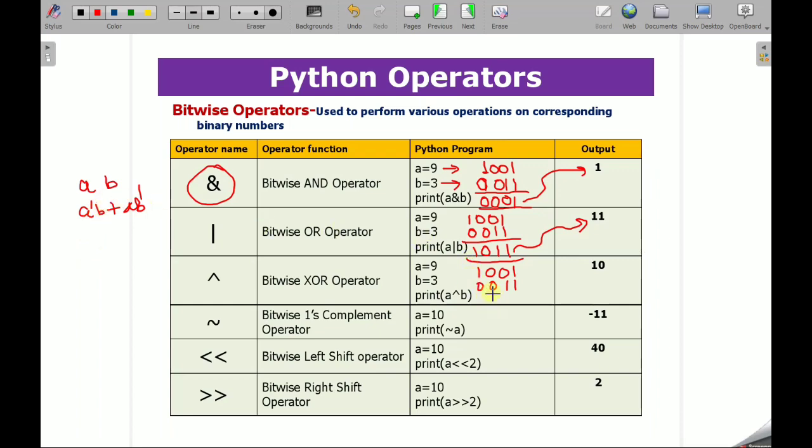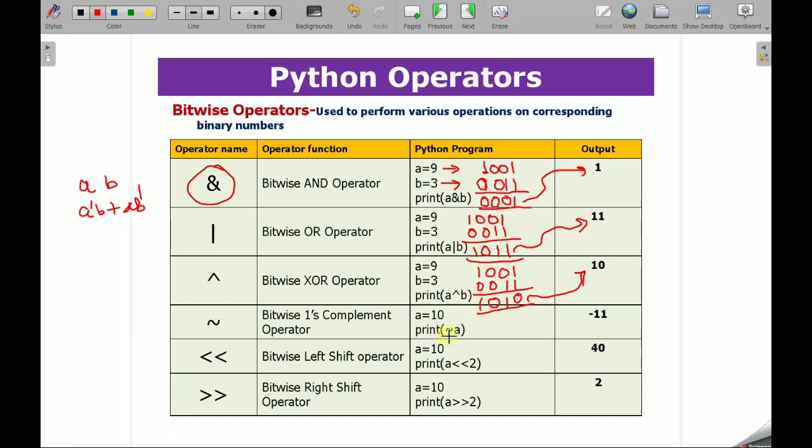So here in this case you will get 0 for 1 1, 1 for 1 0, 0 for 0 0, and 1 for 1 0. In case of XOR, same bits, 0 0 and 1 1, will give 0, but if the bits are different you will get 1. So it is presenting 1 0 1 0. When you convert this binary number into decimal, you get 10. So this is the logic behind the bitwise XOR operator.